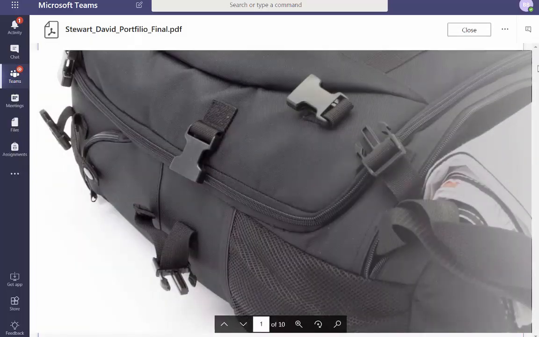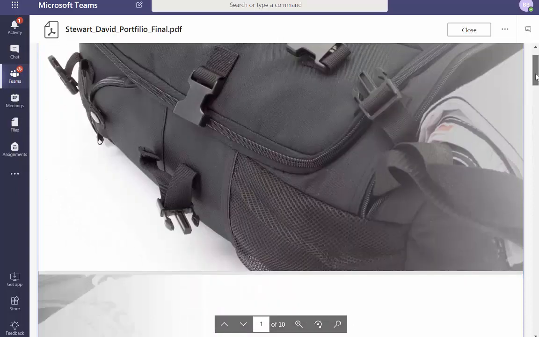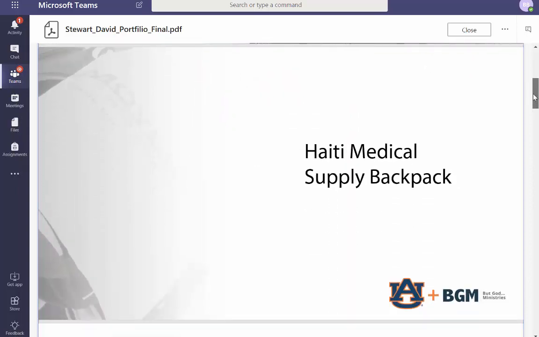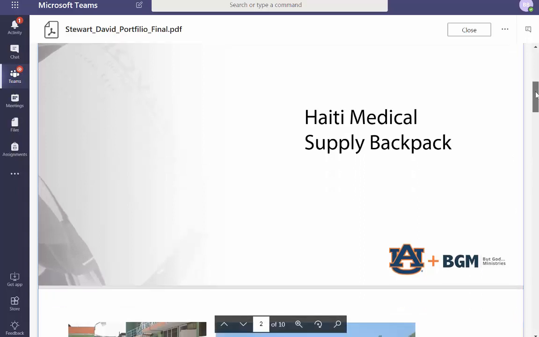We got a backpack. Haiti Supply medical backpack. Let's right align these things. But God Ministries. Interesting, very interesting name there. Right align, Haiti Medical. Scale it up so it's equal. Scale that section up so it's equal with the K and backpack. Make it a little bit bold because Haiti Medical is more important than Supply Backpack, where Supply Backpack is being modified by Haiti Medical. I think so. So make those equal, place them here.